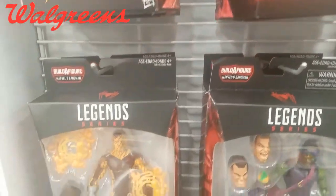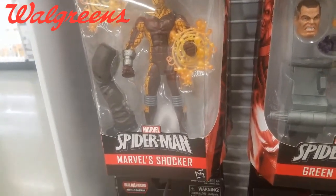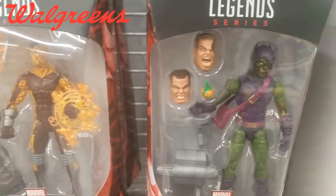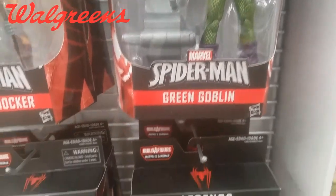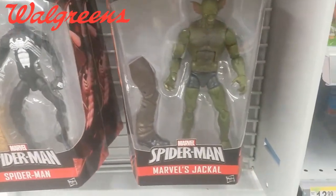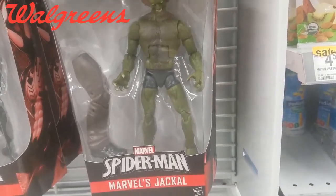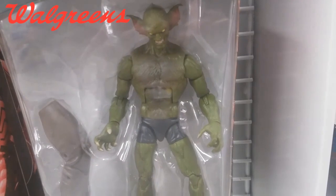And I noticed here also that they had the Build-A-Figure parts for Sandman, which I'm actually a big fan of, and it looks like he'd be a pretty cool design once you get them all together. I do like some of these other designs as well. Shocker, Green Goblin, the Spider-Man figures look cool. They had Jackal here too as well, which of course, I don't see Jackal often,